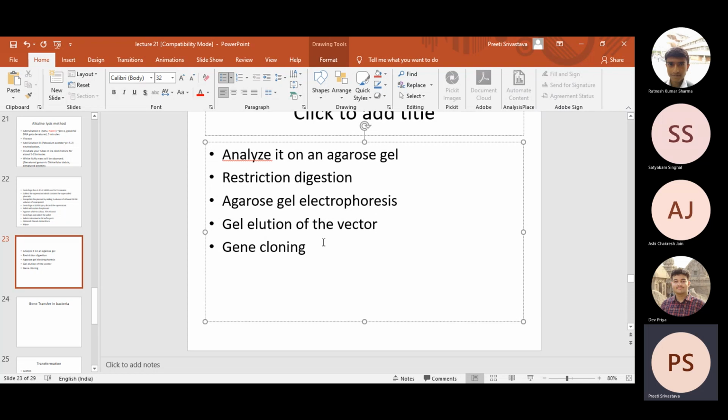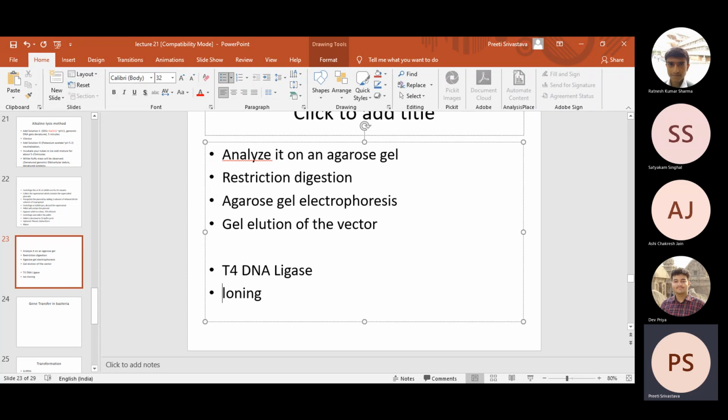Likewise, you can prepare the insert, analyze it on an agarose gel after PCR, or perform restriction digestion, analyze it on an agarose gel, gel elute the vector, gel elute the insert, add the T4 DNA ligase and do the gene cloning, right? So when we do the T4 DNA ligase treatment,